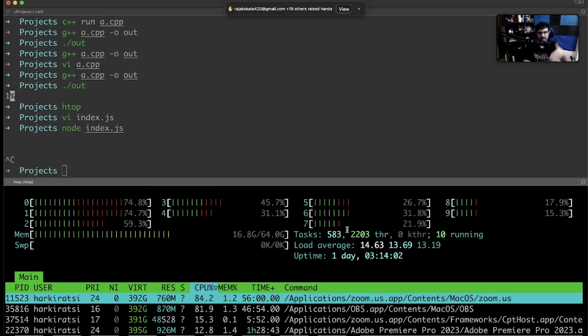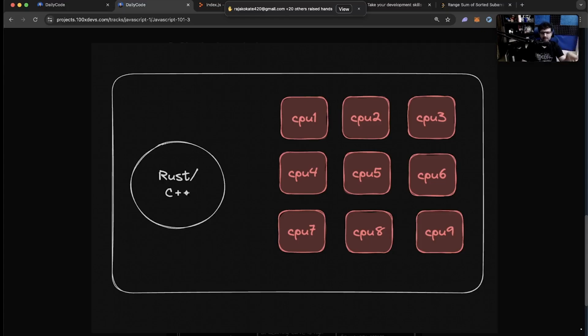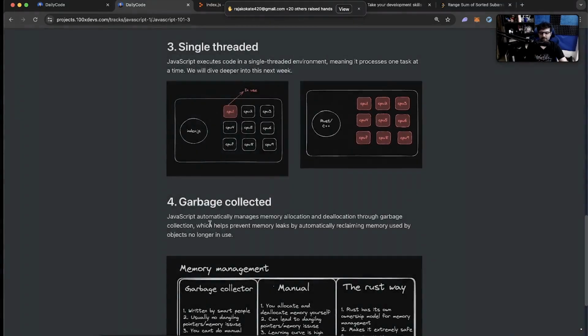I don't want to, because then Zoom will begin to chop out a bit. But there are processes written in C++, Rust, Java that let you use all of your CPUs. Why? Because these languages are multi-threaded. They let you create a bunch of threads. My next YouTube video on Rust will cover this in a little more detail in case you want to understand how these are slightly better languages compared to JavaScript, because JavaScript is single threaded.